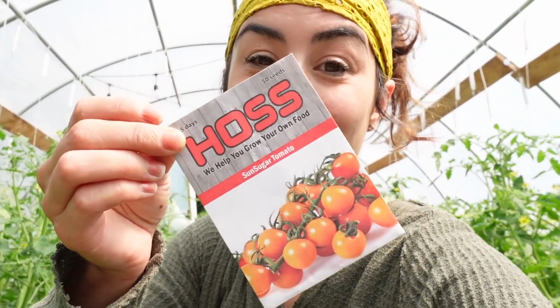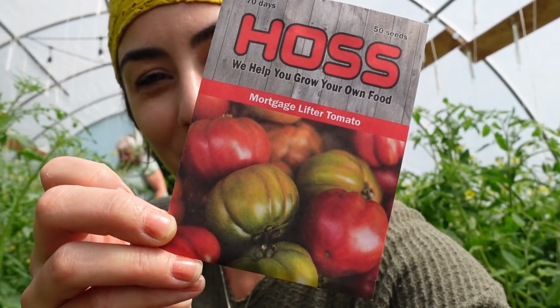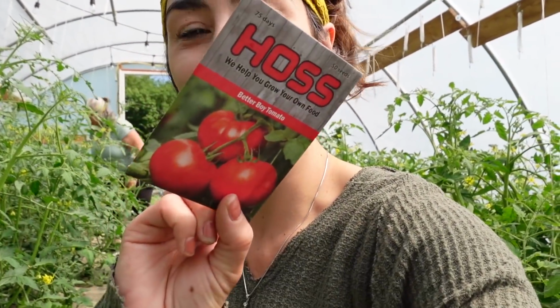This year our first plant that's actually starting to produce tomatoes is the Sun Sugar from Haas Tools. Now all of the varieties that we have growing in here are from Haas Tools, and I am already extremely impressed. We're already at the start of a jungle. I also have the Mortgage Lifter tomato. This one caught my eye because of all the colors and the variety, so I'm pumped about that. I also have the traditional Better Boy,